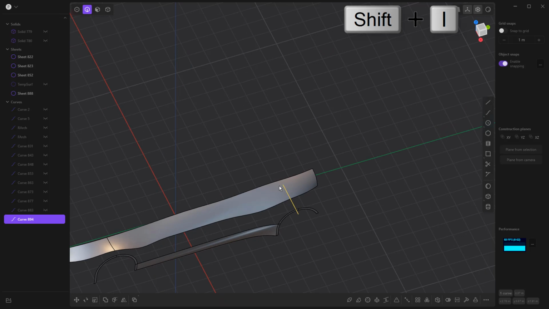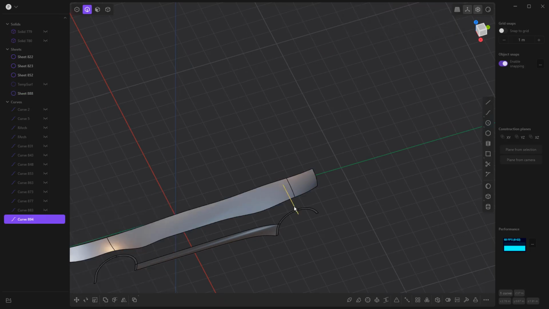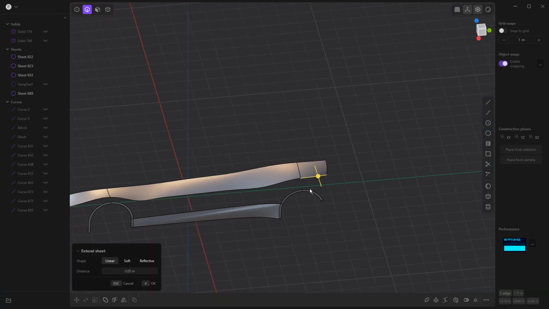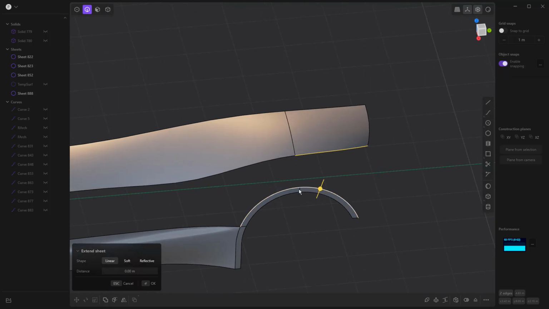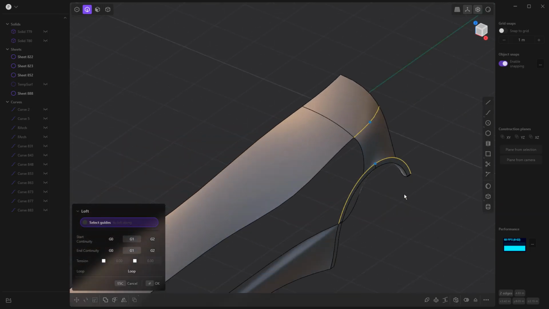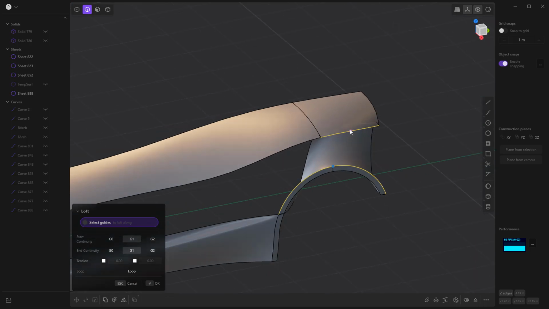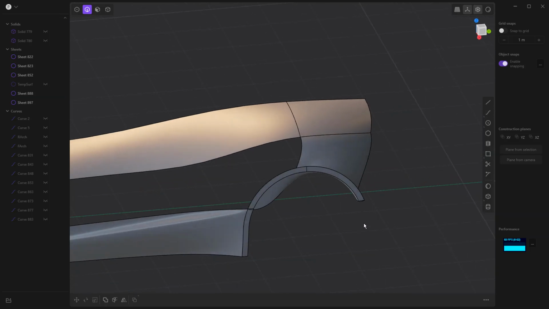That looks all right. Shift I, imprint, and then get rid of this one. So the main reason that we're doing this is because now we can freely loft from one edge to the other. You'll notice that it didn't end up dividing this. It's actually going all the way to the front. That's okay. You can see that it's not ideal because it is trying to maybe drive tangency or drive the direction. So in this case, what we're going to end up doing